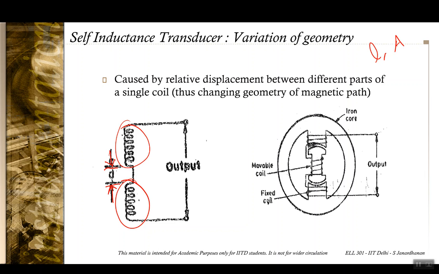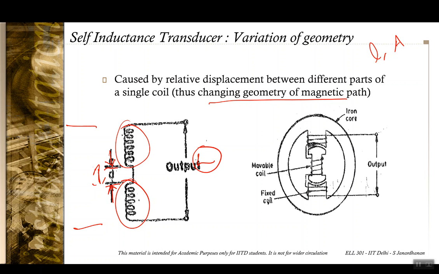It should be noted that there is a single coil, and the relative displacement between two parts of the coil is going to cause a change in the self-inductance of the coil by changing the effective length of the path, and thus changing effectively the geometry of the path. So if you have a linear displacement here, that is going to change the length here, and that is effectively changing the